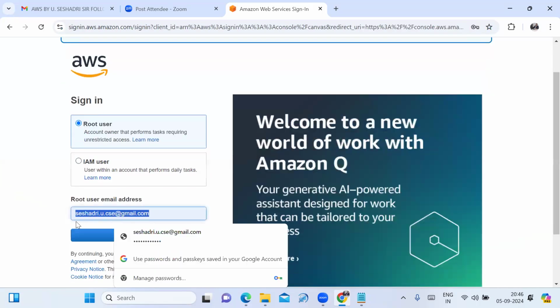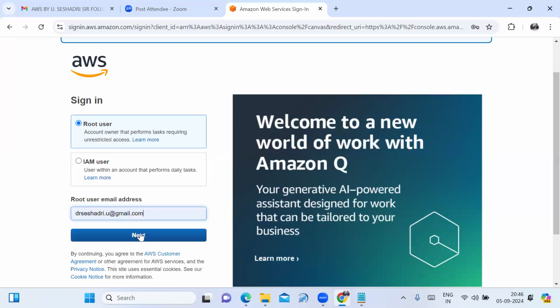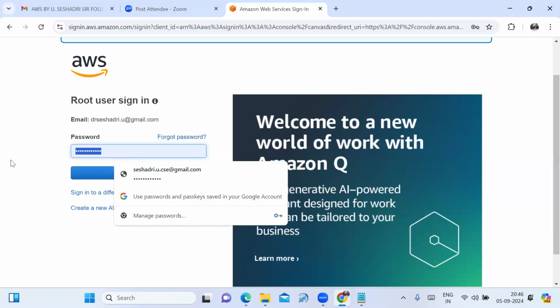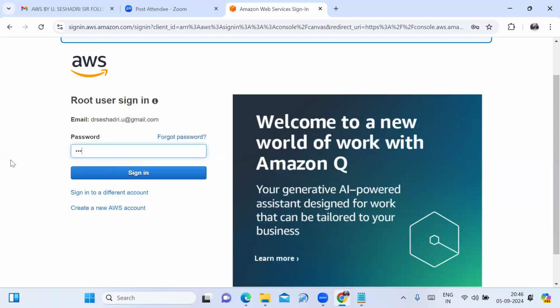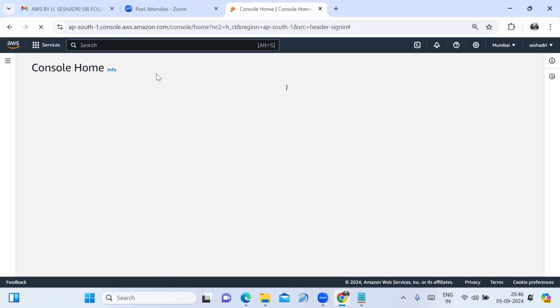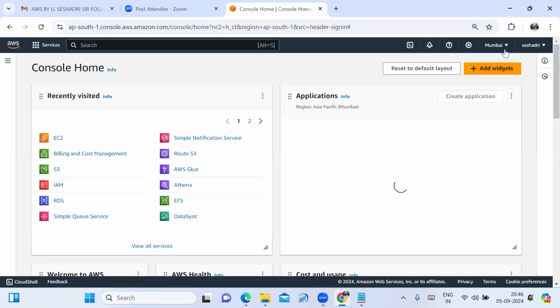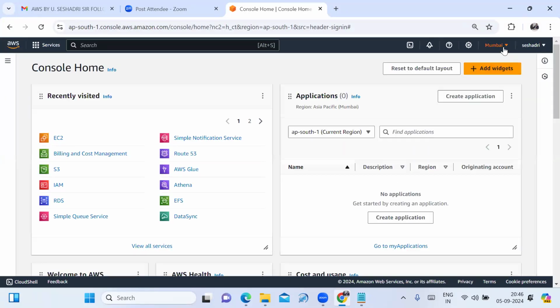I can enter my mail ID, then enter the password I have given, and click on sign in. Friends, see that I'm choosing the Mumbai region.